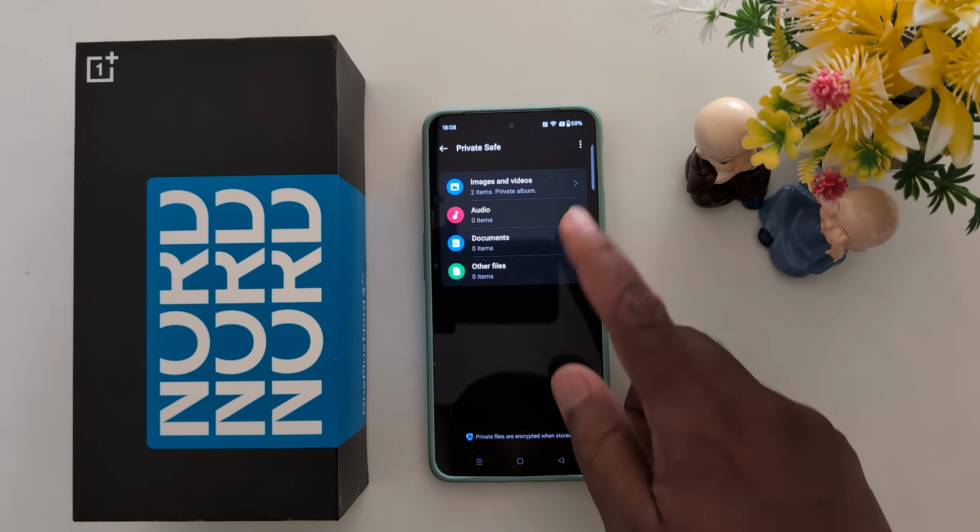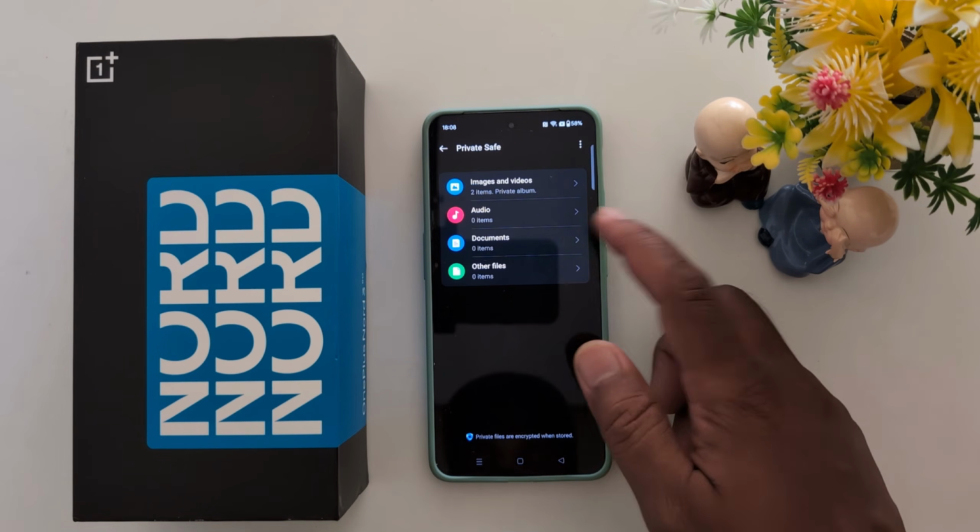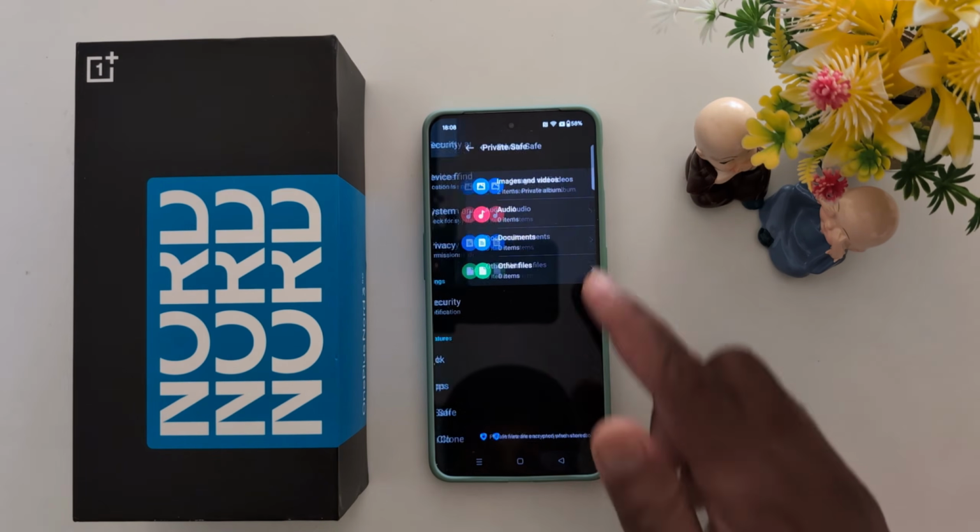So you can easily hide your important images, video, audio, document and other file and access it using only private